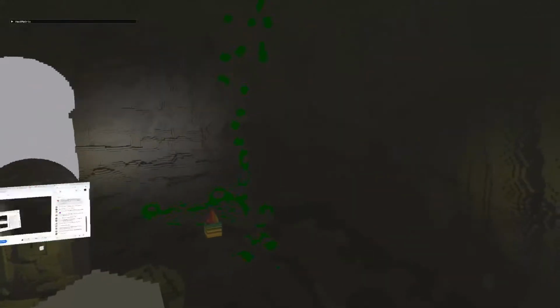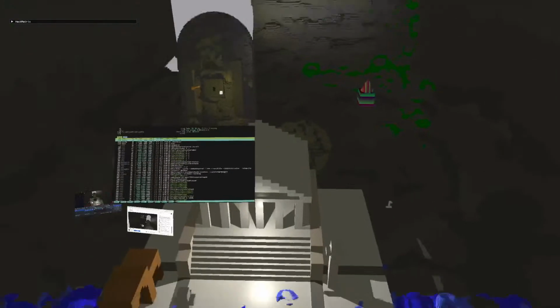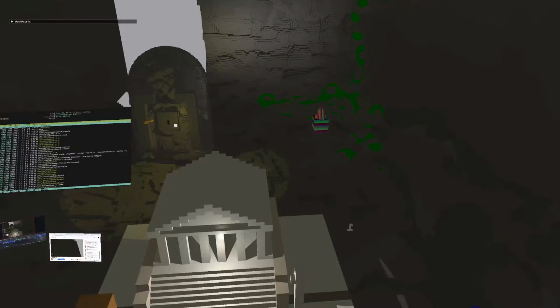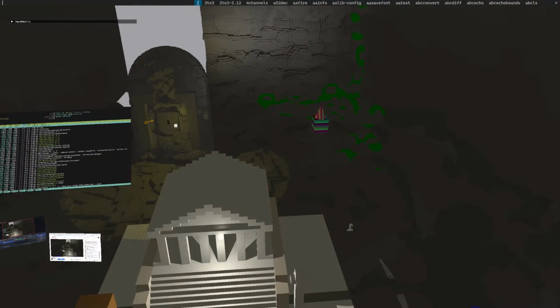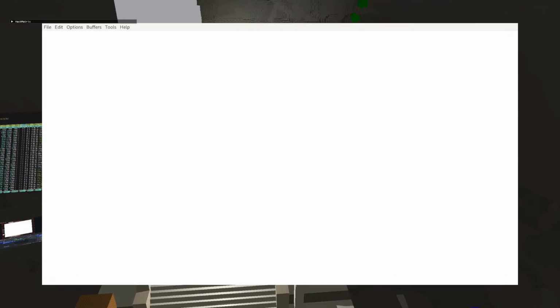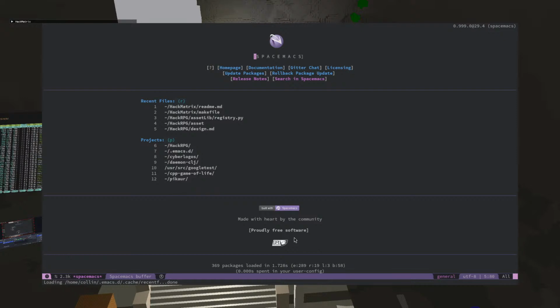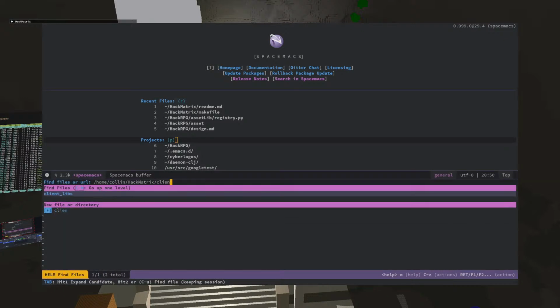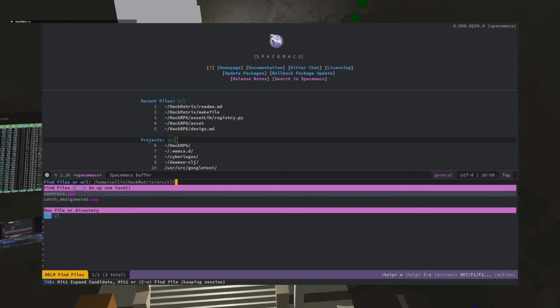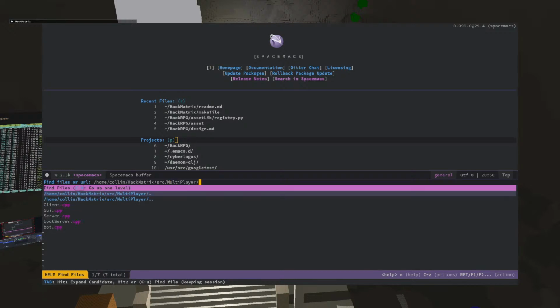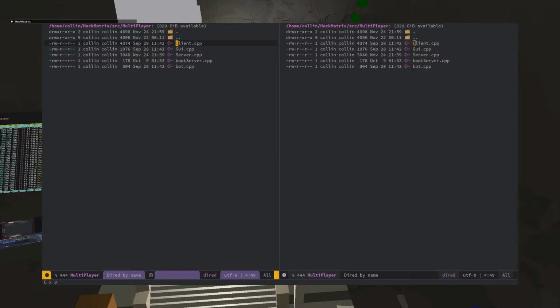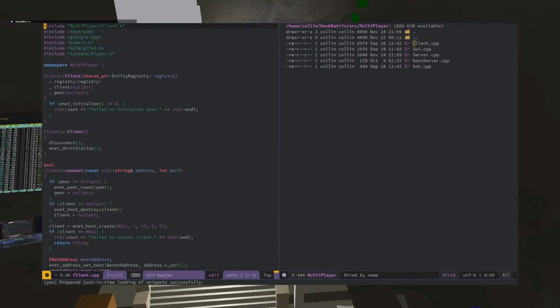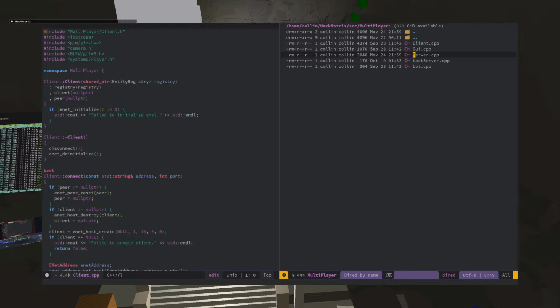Okay, so let's take a look at the server code and the client code. See if we can, I don't know, make it such that my CPU drops down to like 2% or something. I think it's possible. So I guess the first thing to do is to look at the source client or source multiplayer. Let's just open this up. So I think I will have two windows, one for the client and the other for the server.